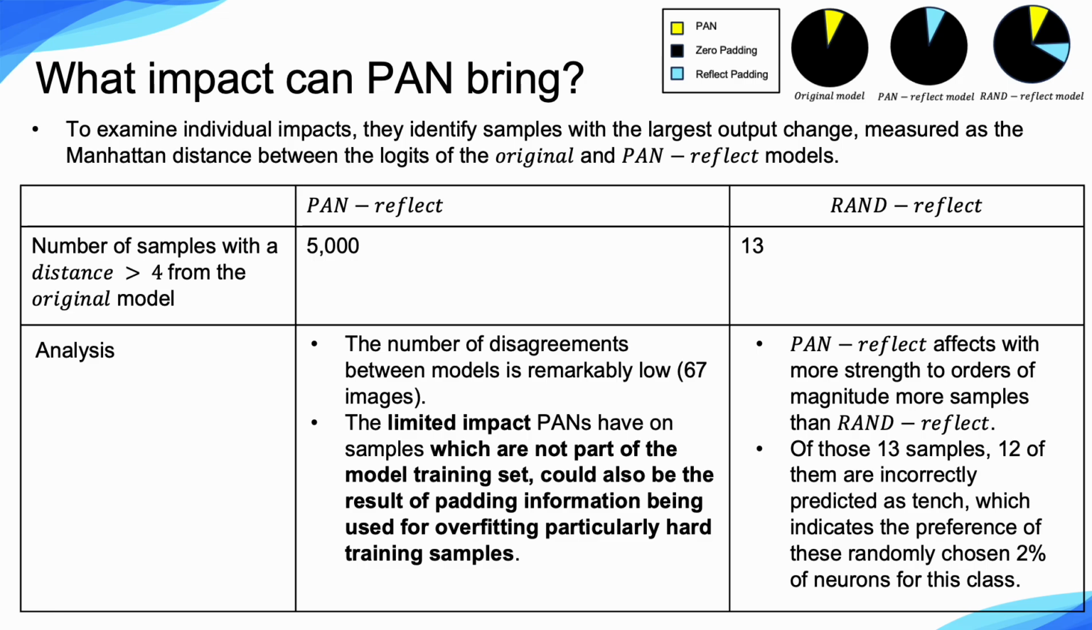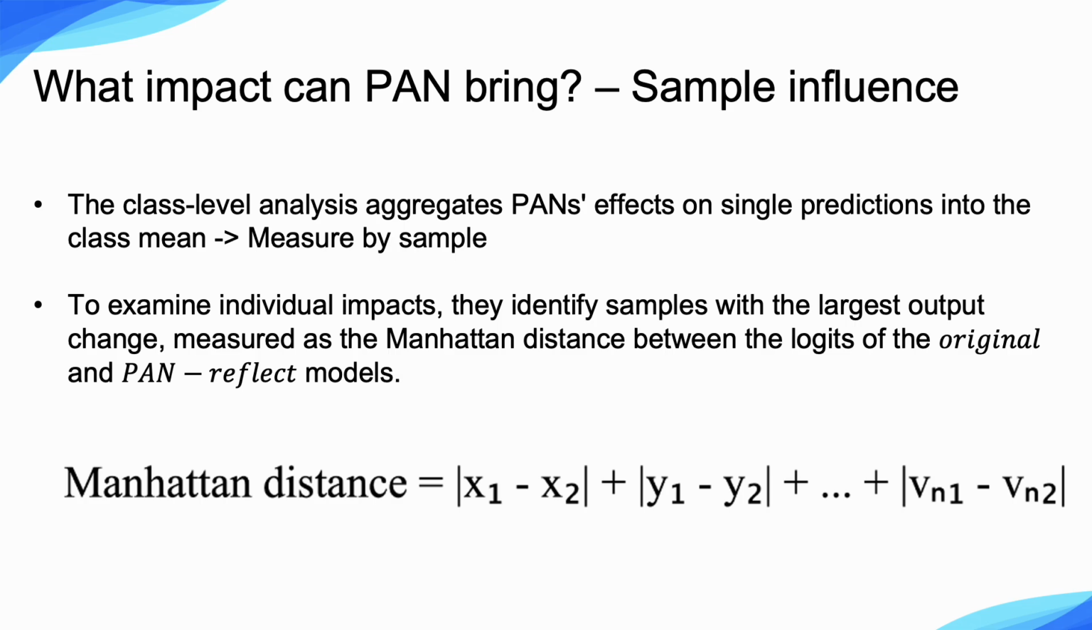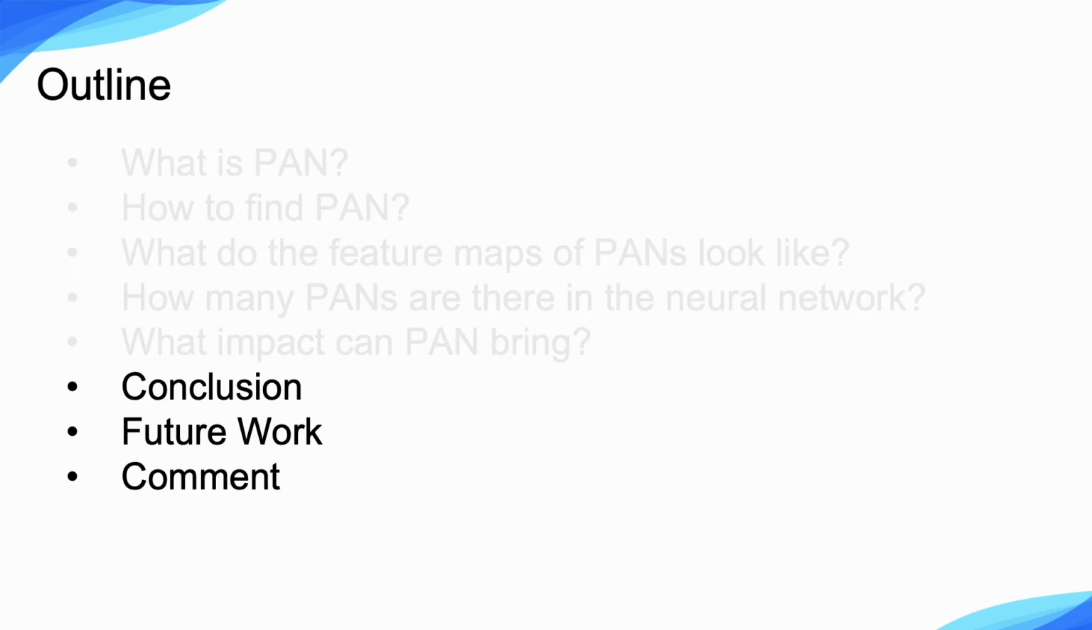Justin, why did they use Manhattan distance? 他想就是看说，我换了 pad 之后的对每个 sample 的影响是多少？那他为什么选这个评估的标准？他没讲，他只是想看这件事情。